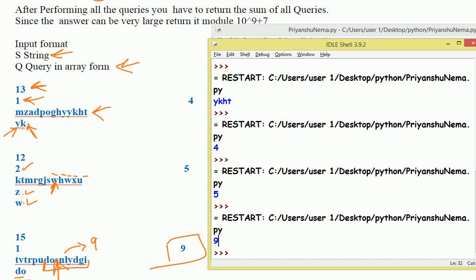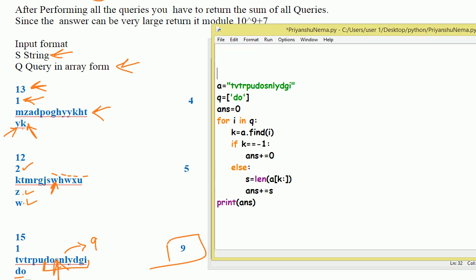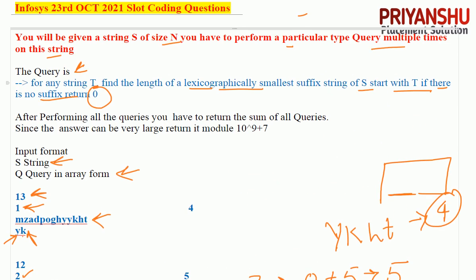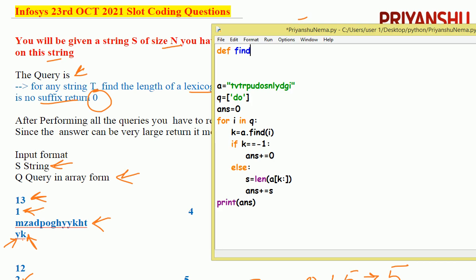Okay, so let's see for the main exam. In the main exam, guys, you can copy paste this whole code, and in your main exam you have a function. For example, let's name it find lexicographical. I just copy this name from here and paste it as our function name.